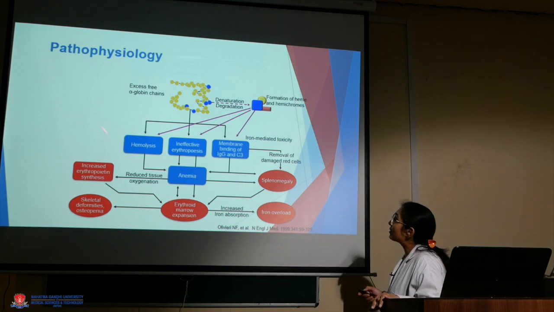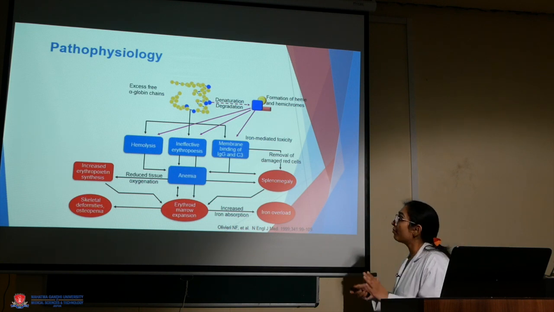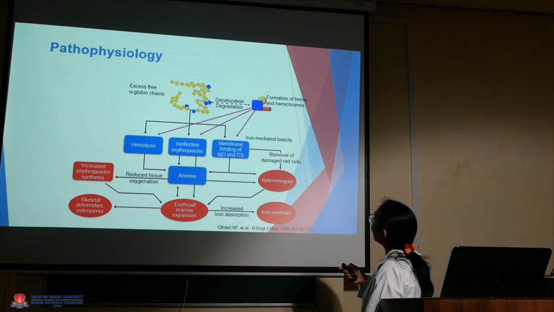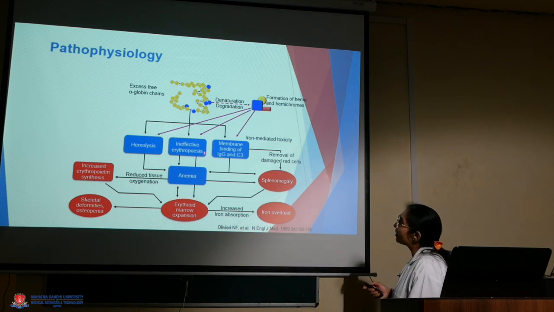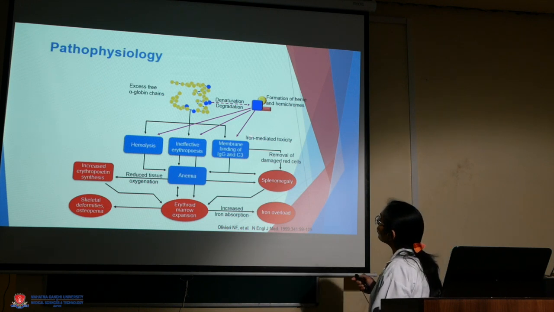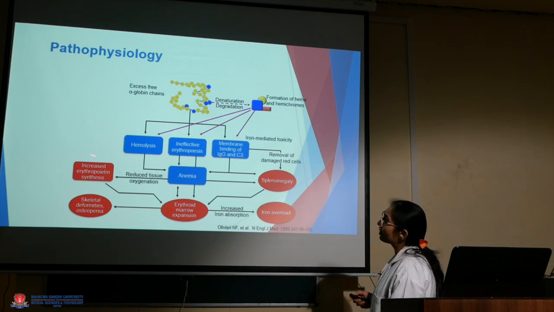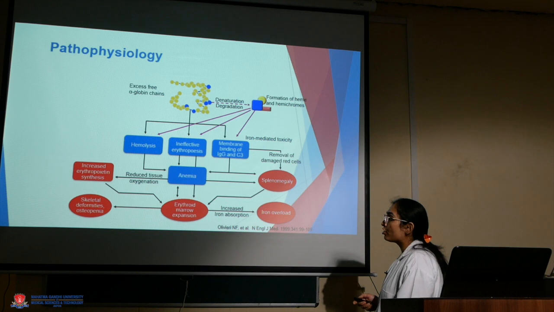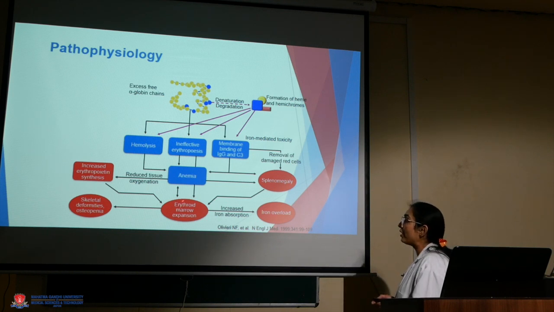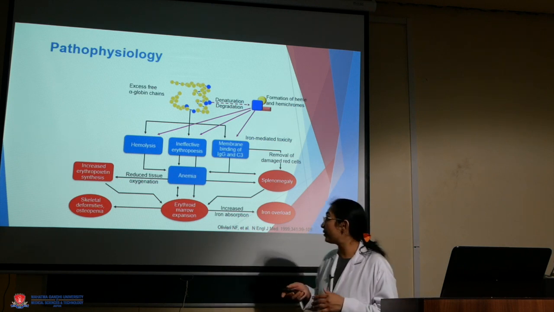So what exactly happens is, if there is beta thalassemia, there is an excess of free alpha chains. Beta chains are not being formed, alpha chains are in excess, which get denatured with formation of heme and hemichromes. Then it leads to hemolysis, ineffective erythropoiesis and membrane binding of IgG and C3. So this leads to anemia. When there is anemia, there is reduced oxygenation and increased erythropoietin synthesis. Because of increased erythropoietin, the marrow is activated and there is expansion of the marrow, which leads to the abnormal facies which you see.